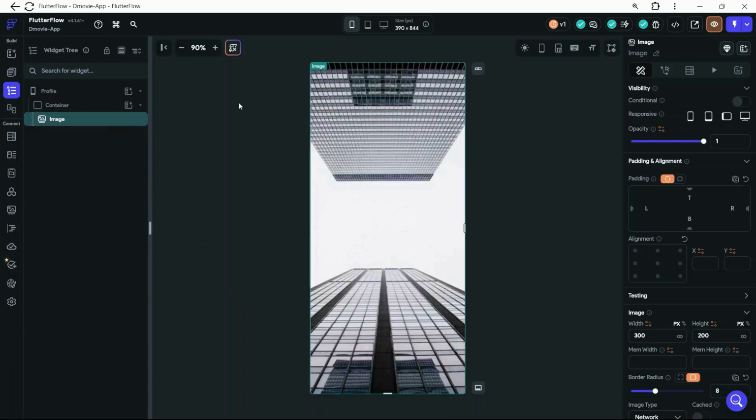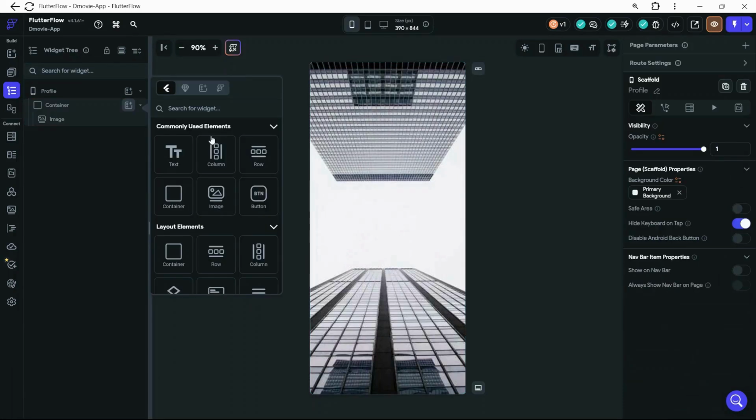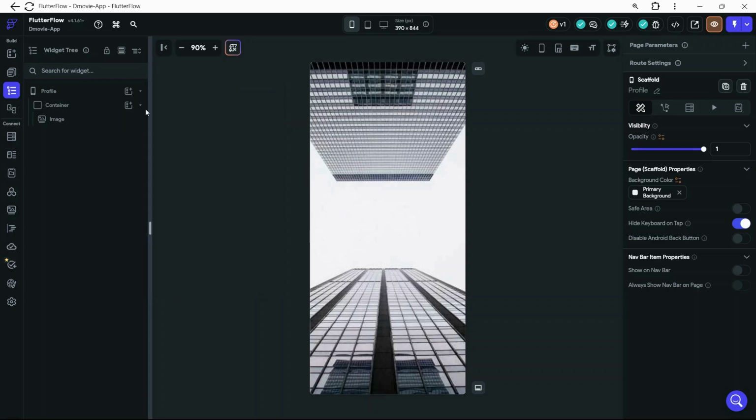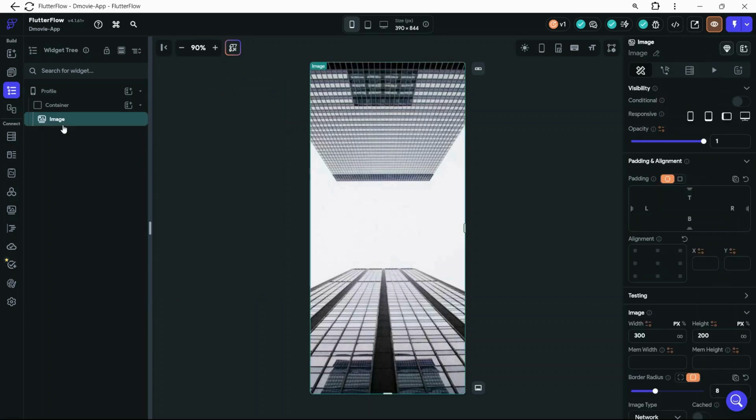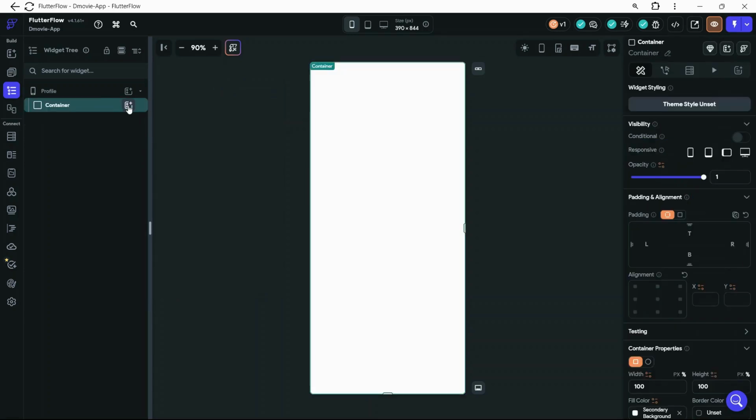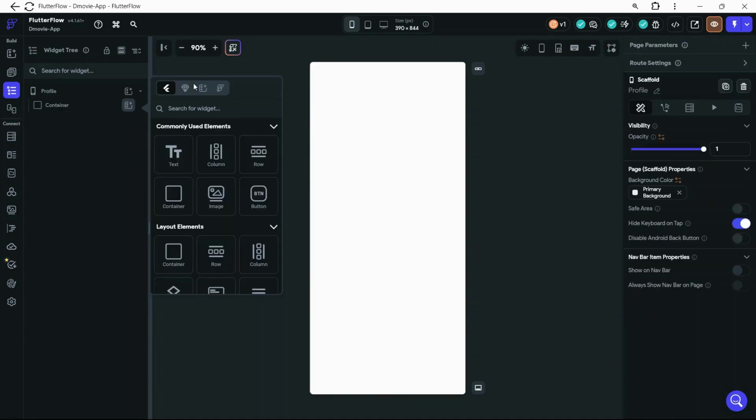So this container, we are going to add as, no, let me first remove this image so that I can stack that,